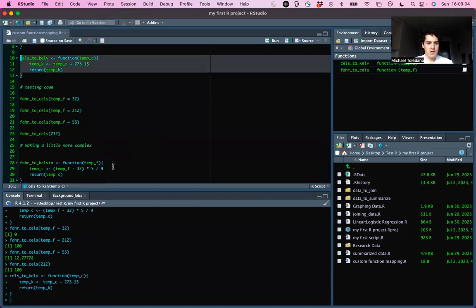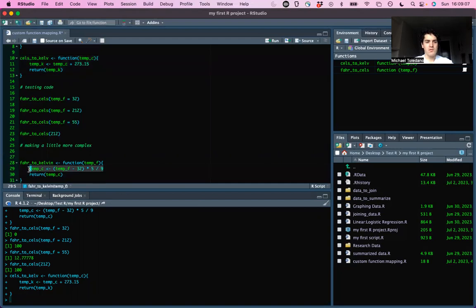And now we just wanted to show that instead of writing the same thing over again, if we want to go from Fahrenheit to Kelvin, instead of writing all this code, we can just say temp C. We can use the functions we already made. So temp C is F to Celsius. We already have that function. So now you want to give in the argument you get here, and then